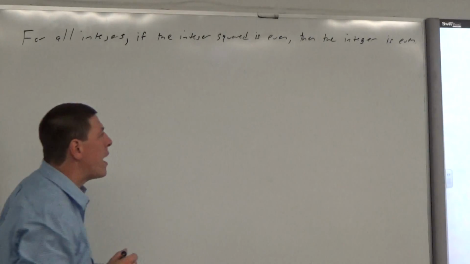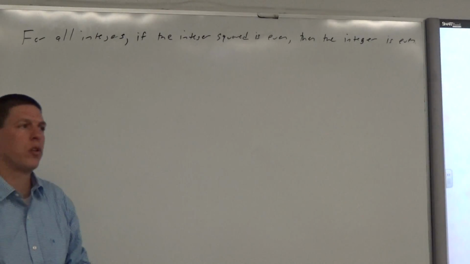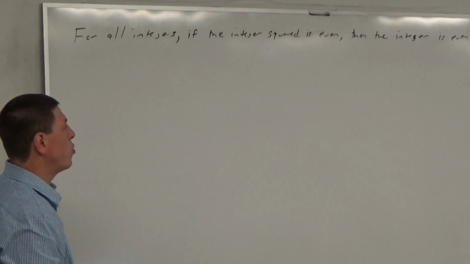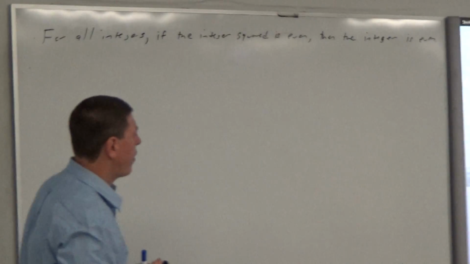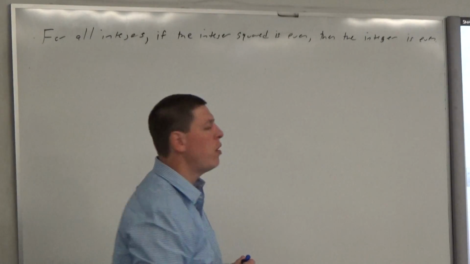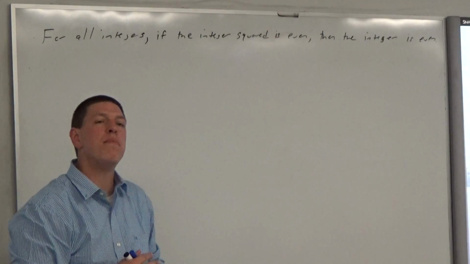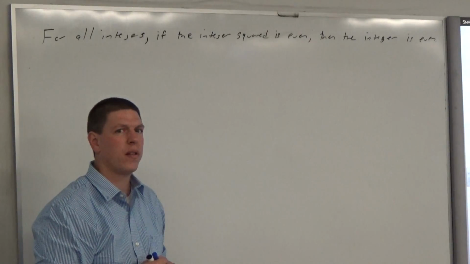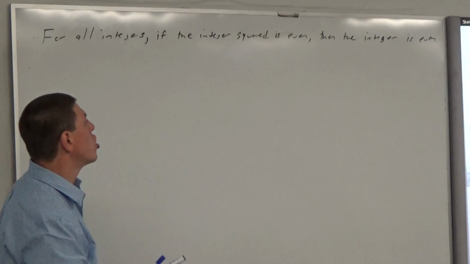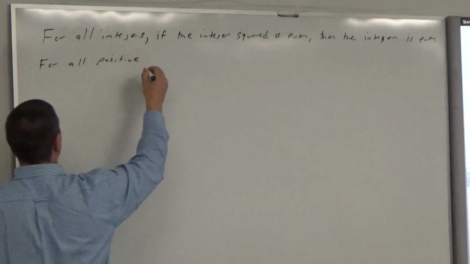So, when I ask you guys to translate into a sentence, no variables, okay? All you guys do is you just literally use English words. Like I said, just imagine there's no variables or syntax in the sentence whatsoever. The next example, okay? All y in N plus, if y over 2 is in Z plus, then y must be even, okay? Well, part of it's already done, must be even. So, I guess my first question is N plus. What does N plus mean? N is natural numbers. So, N plus means positive natural numbers, okay? So, what we would say is, for all positive natural numbers,